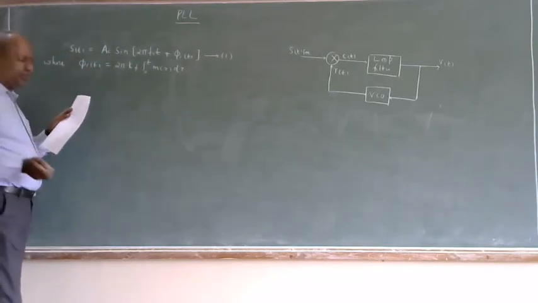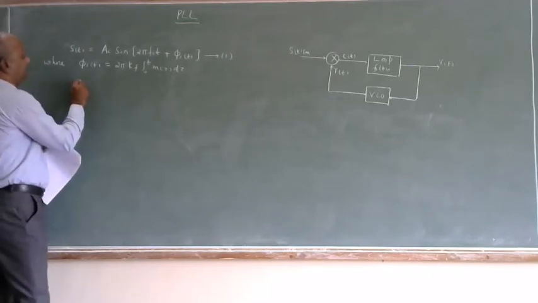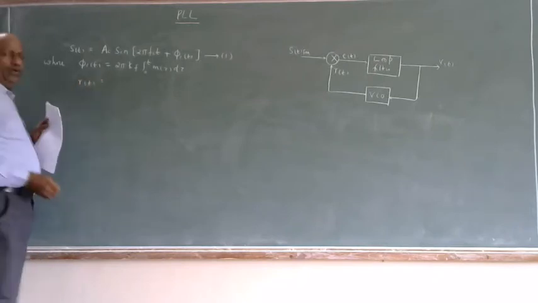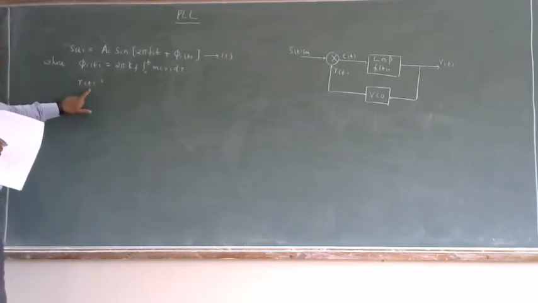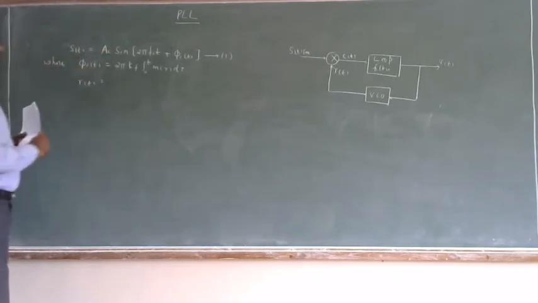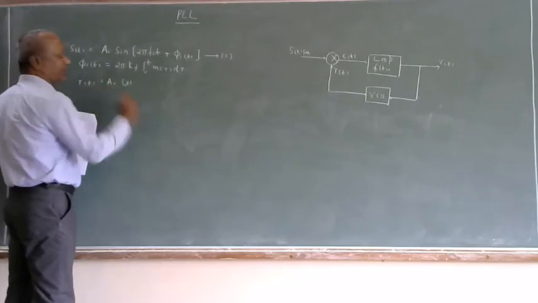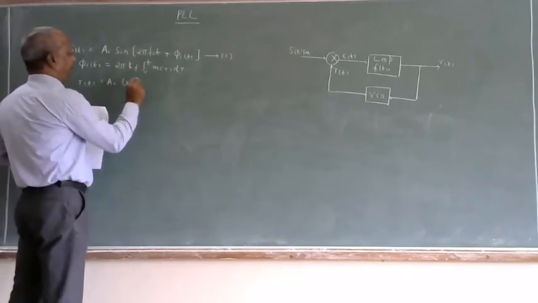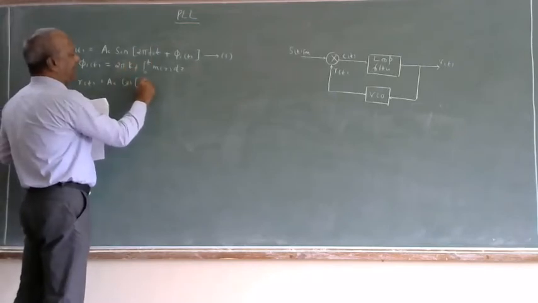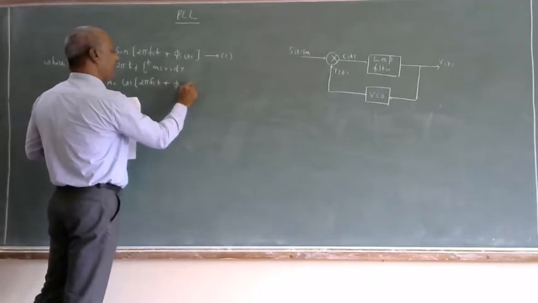Similarly, what is the VCO output of the PLL? It is r of t. You know, r of t is a 90-degree phase shift with respect to the input S of t. That's what I am writing here: A_c cos. It is also at the same frequency as the carrier, 2 pi f_c t plus phi 2 of t,